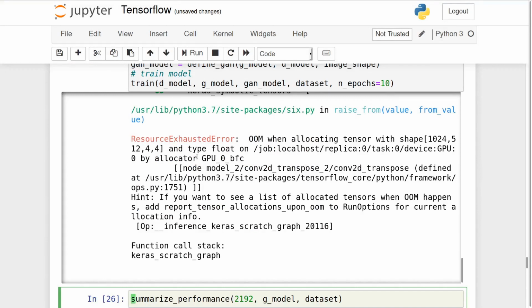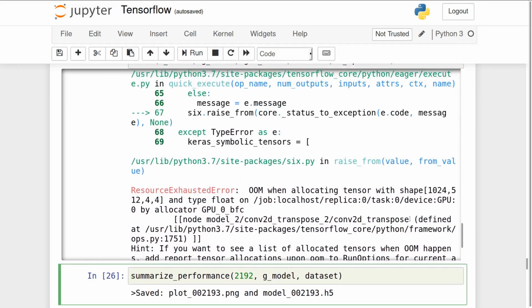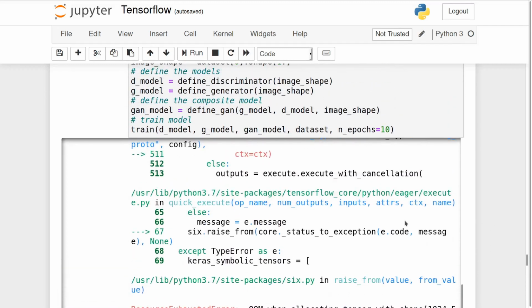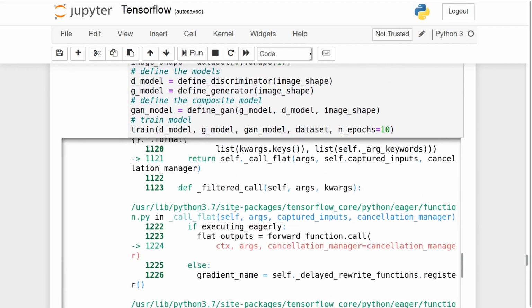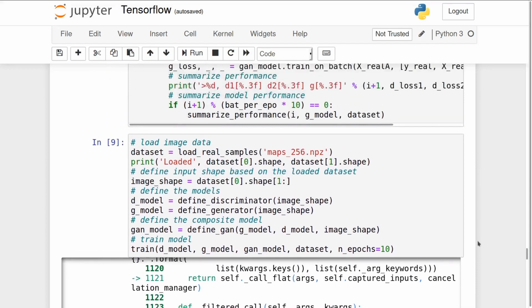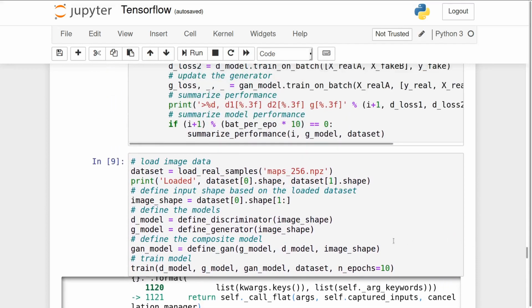The GPU I got is too small, so we cannot do this on my local machine because we need a larger GPU than this. But at least we know that if we run the whole model training process on CPU